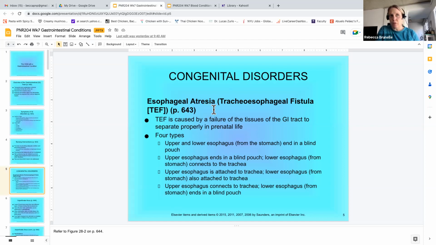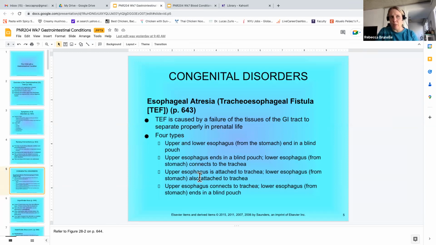So something like esophageal atresia and or tracheoesophageal fistula. Atresia means sort of a bad connection. So if you have esophageal atresia, your esophagus isn't hooked up normally. Tracheoesophageal fistula means there's communication between the esophagus and the trachea. So when kids eat, some of their food falls into their lungs because there's a connection between the trachea and the esophagus. When you're born with a tracheoesophageal fistula, a common presenting symptom is that you cough a lot when you eat, because in essence, the milk that you're eating is falling down into your lungs.